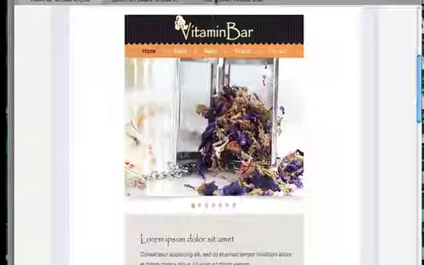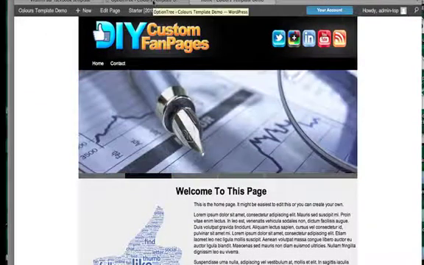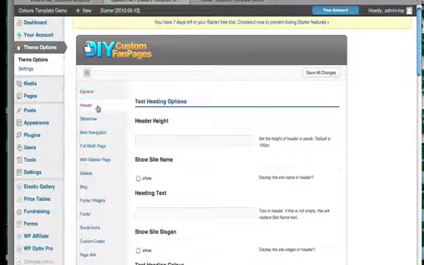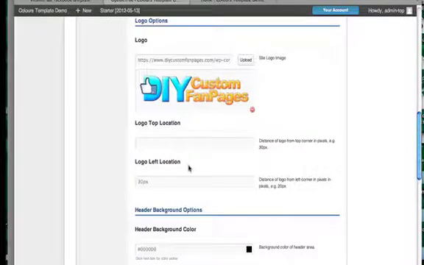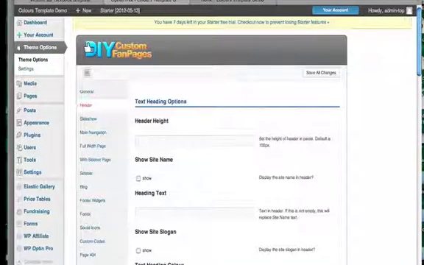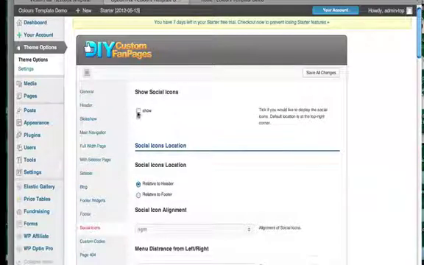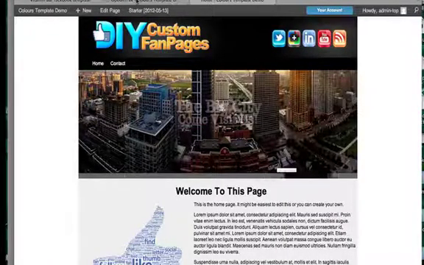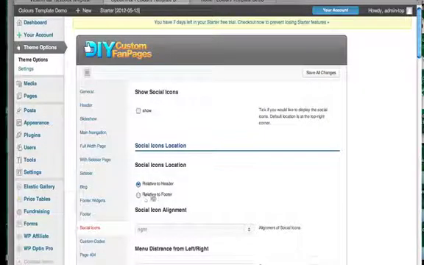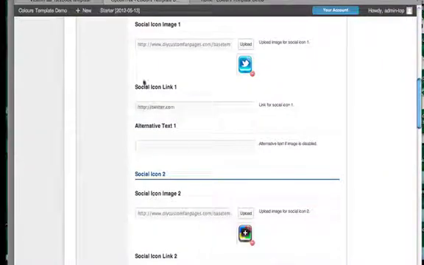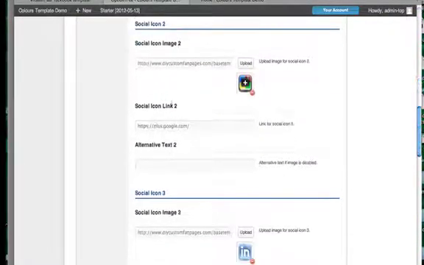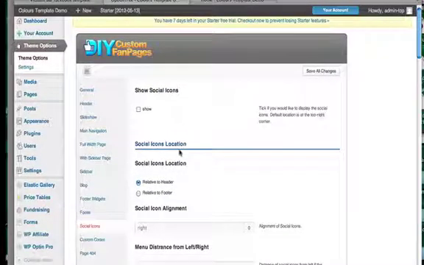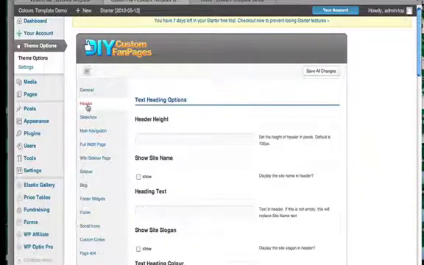Okay, so starting from here, we now go into theme options, and starting from header, we're going to start uploading and changing a few things. First off, I'll make sure that the social icons are set not to show. If you wanted to remove them out of the header, maybe display them in the footer. So here you can position it relative to the footer, and that's where you can also put in all the links to your Twitter account, your Google Plus account, LinkedIn, whatever external accounts that you want to link to. So going back to the header now,